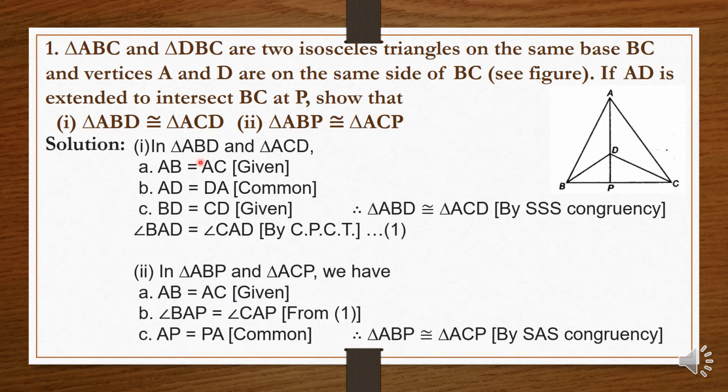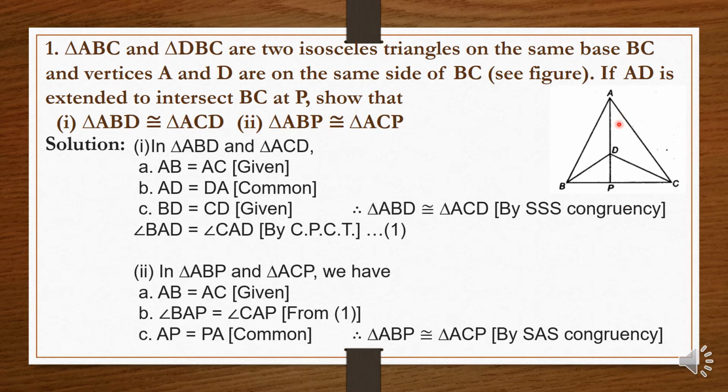So for question number 2, they have said we have to prove that ABP is congruent to ACP. So ABP is this entire triangle and ACP is this entire triangle. Okay, this one and this one. Now we have to prove that they are congruent. To prove they are congruent, we already know AB equals AC. Now AP is a common side. If we can prove that BP equals CP or these two angles are equal, then